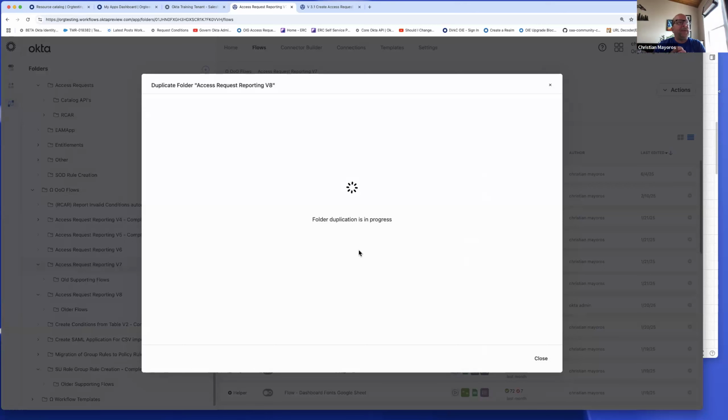So where I'm going with this is use cases where I need to copy a large number of flows. If I'm using a utility folder and those utilities stay, you won't have to make a change there because you're pointing to a central location for the utilities. But for the ones that are common only to that flow and you want to make a newer version, the idea here is you're going to want to go in here